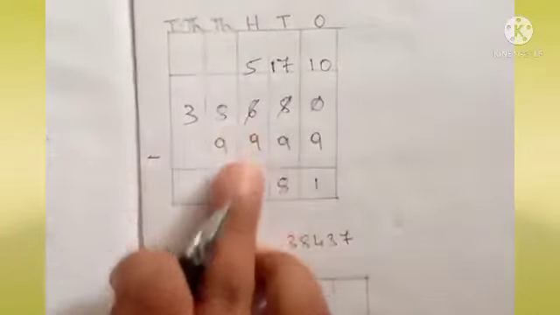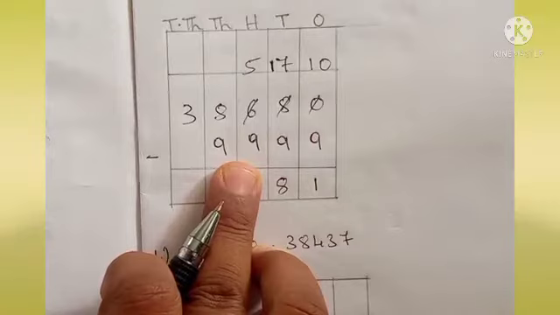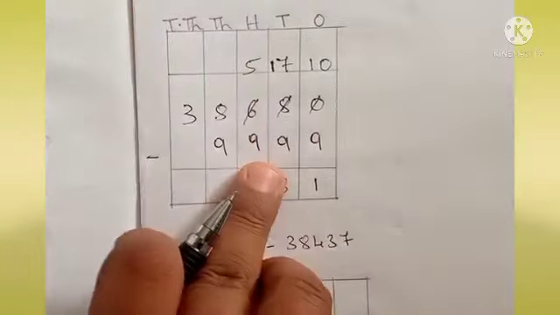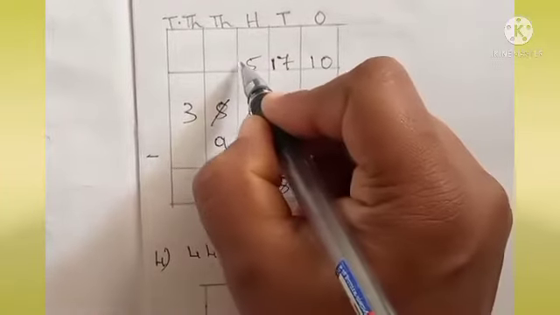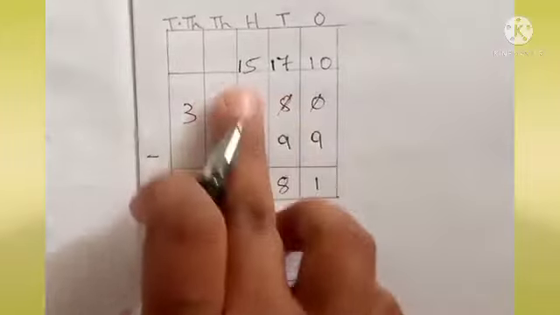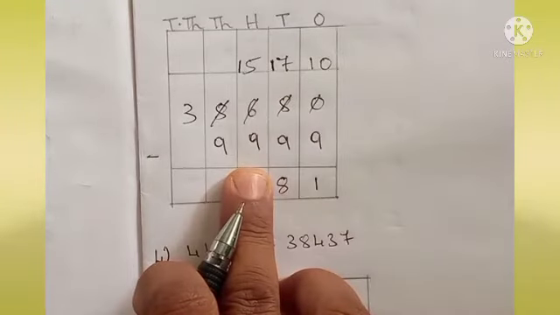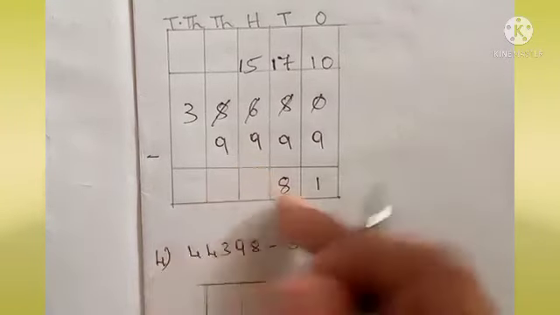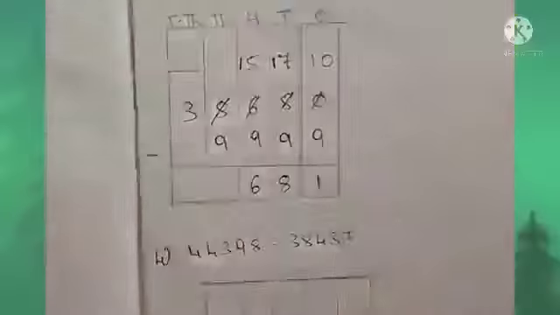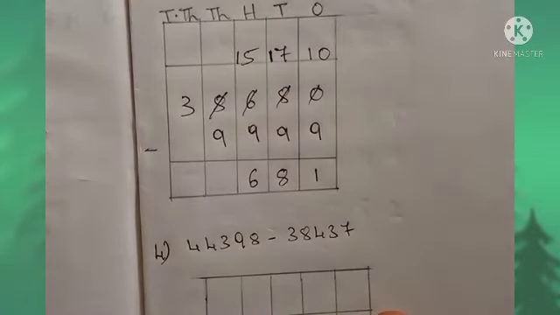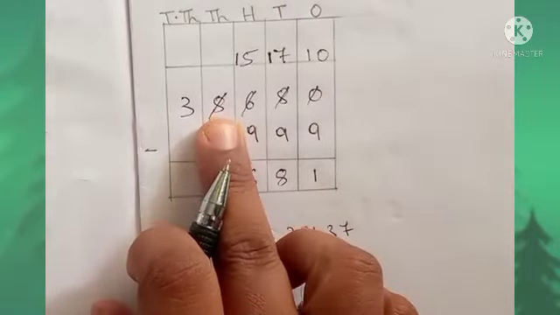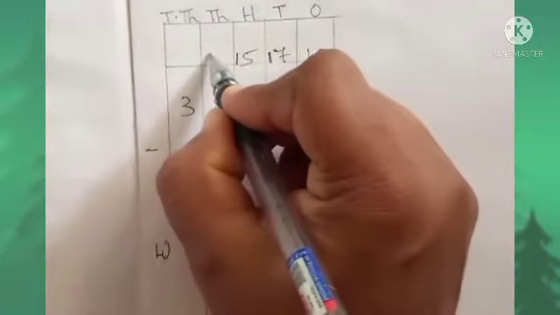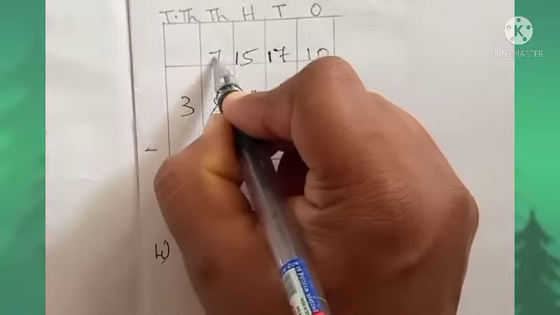5 is remaining. In 5 can you subtract 9? No. In hundreds place you see, 5 minus 9 can you do? No. So what you should do? Borrow 1 from 8. This will become 15. 15 minus 9, how much, dear children? 15 minus 9? 6 is remaining, isn't it? Yes, 6 is remaining. So here how much is remaining? 7 is remaining.